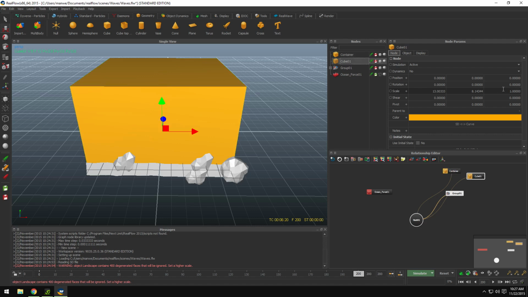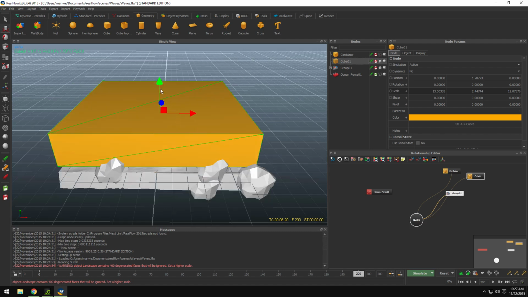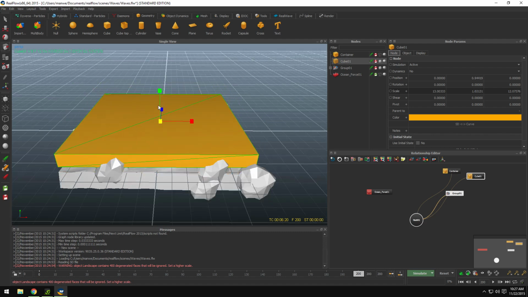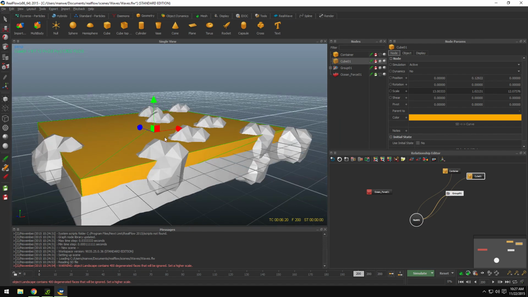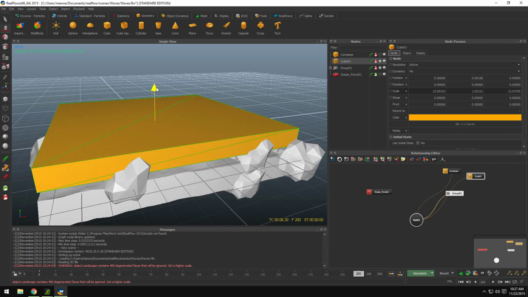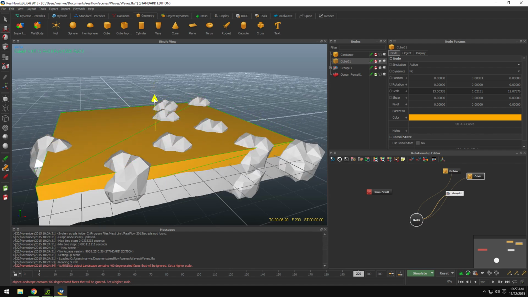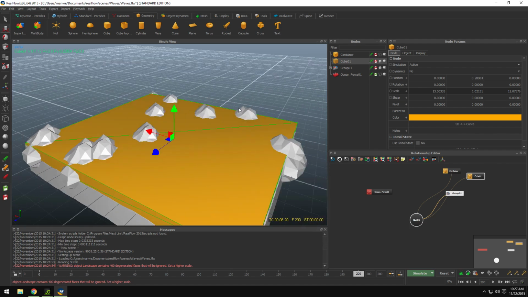And I will also decrease the height to something like this. So this will be our fluid. Okay, so this should be fine. I will rename this as emitter object,